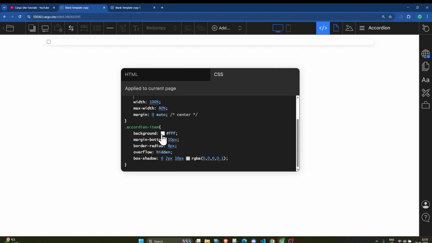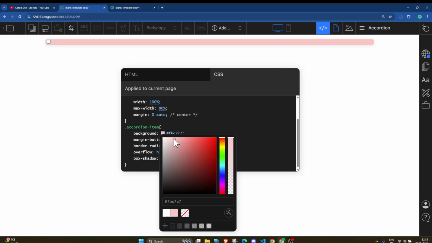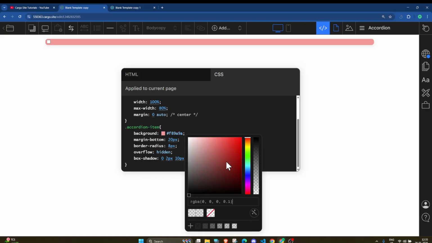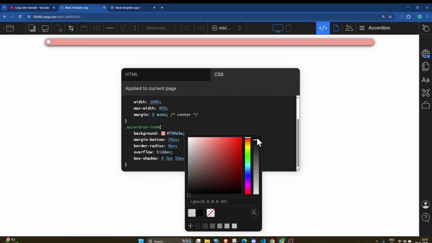If I change the background color, you can see how it is looking, and from here you can change the border radius, like 50 pixel if you want the corners to be fully round, but I will make it 8 pixel. And here you can change the box shadow as well. Here you can see how it is looking.